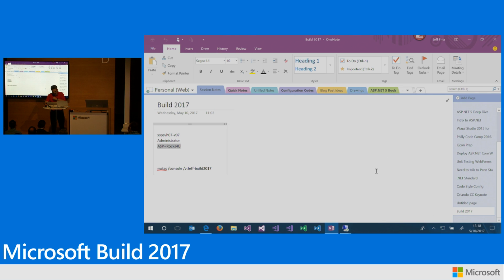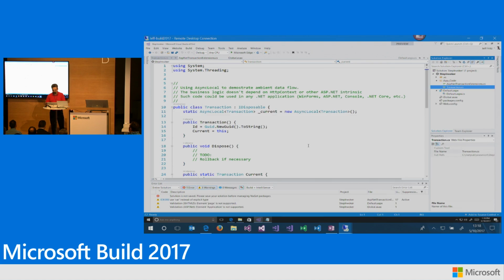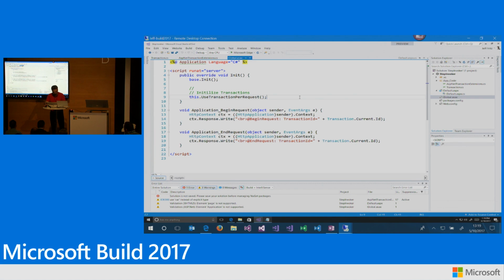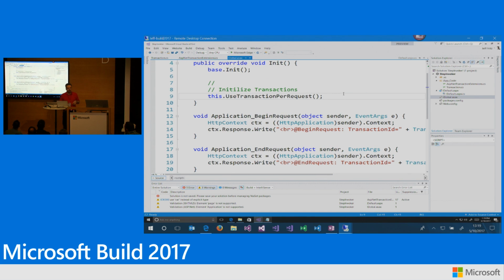And that's the wrong page to show you. Let me log back in here. This is our execution steps. So what we've done, this is a very simple ASP.NET application. We've written an extension here, use transaction per request. And if I take a look at this,